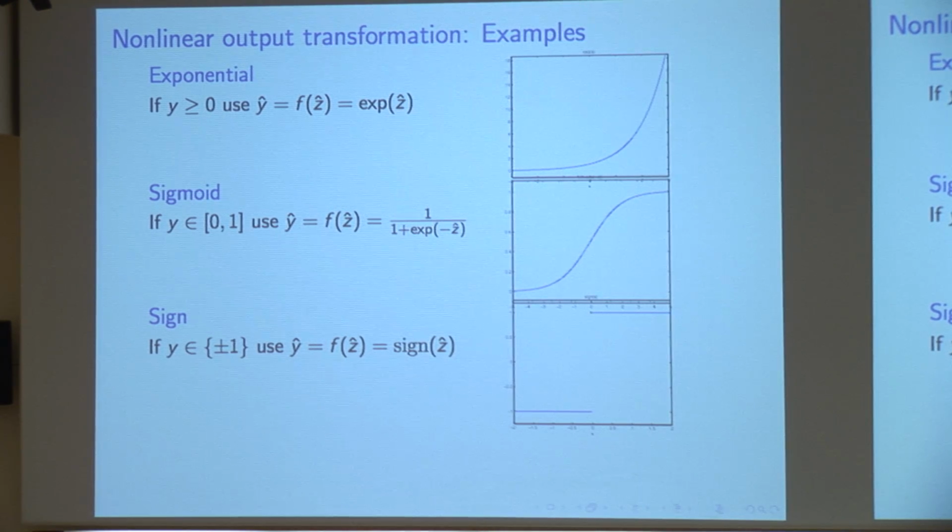Similarly, if we're trying to predict values that happen to be probabilities, numbers between 0 and 1, well, same idea. We just choose a suitable transfer function whose range respects the constraint. So here, a natural choice would be what's known as the sigmoid transfer function, 1 over 1 plus e to the minus z hat, which has this shape here, right? It's sort of like the 0, 1 tanh. So we take any pre-prediction value, we put it through there, we get a probability. So the sigmoid maps all of R into (0, 1). Actually, into the open interval (0, 1), but okay. So, if we're interested in probabilities, maybe we're going to be interested in using transfer functions like sigmoid.